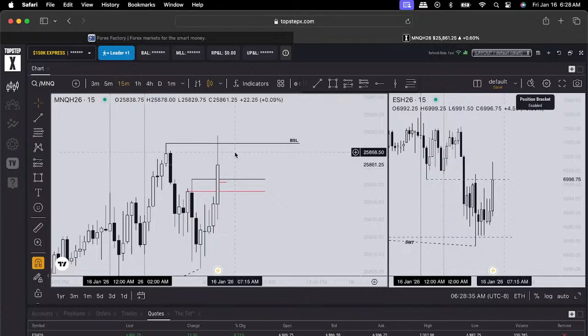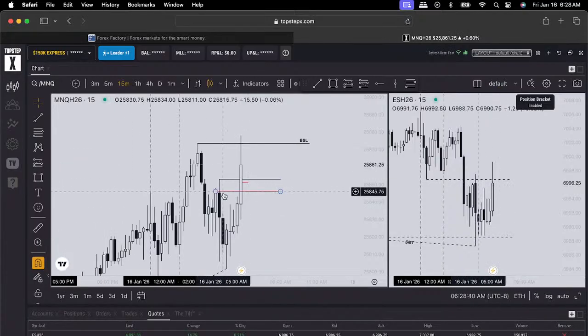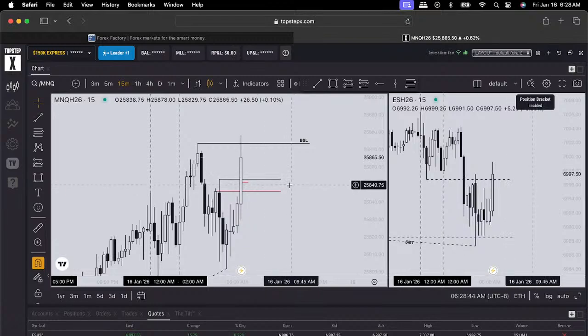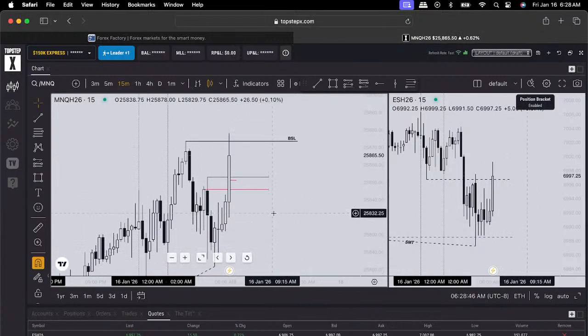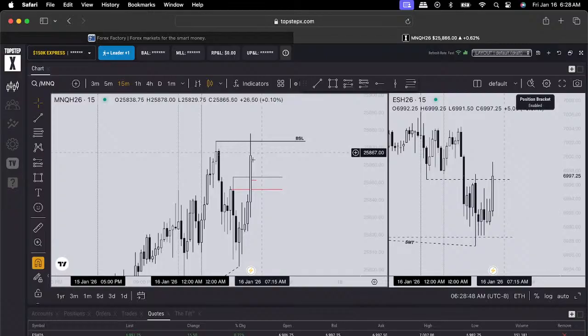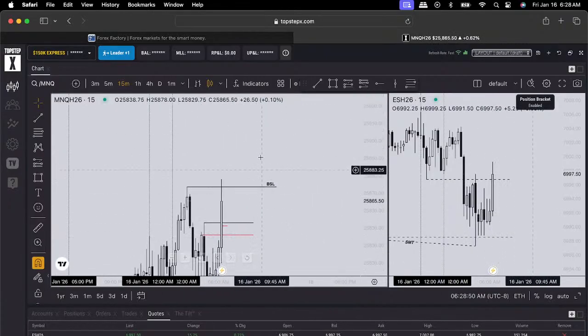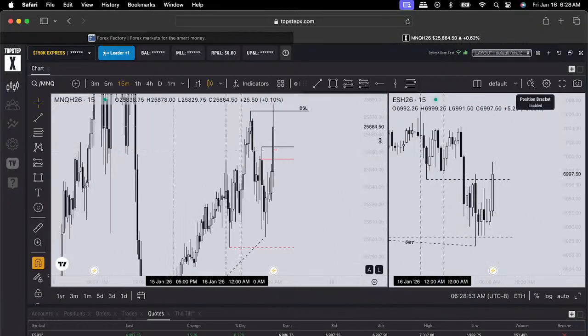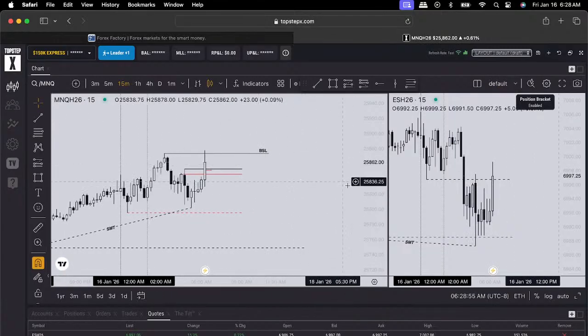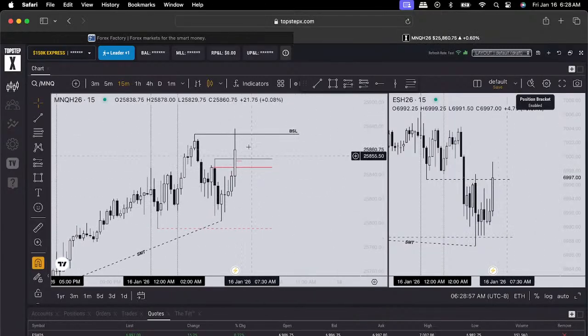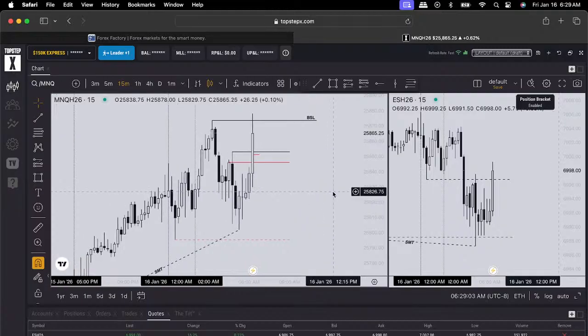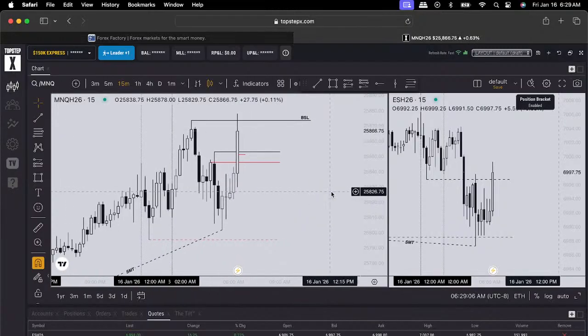I guess you could take this. It'll probably close above this level. I don't really want to do that just because we have stuff resting down here. If we're going to pump, I'd rather have it pump up, retrace, and then come back. So I'm just going to wait for that retracement since we're going to close above. I don't want to take anything and get stopped out unnecessarily. There's no point.